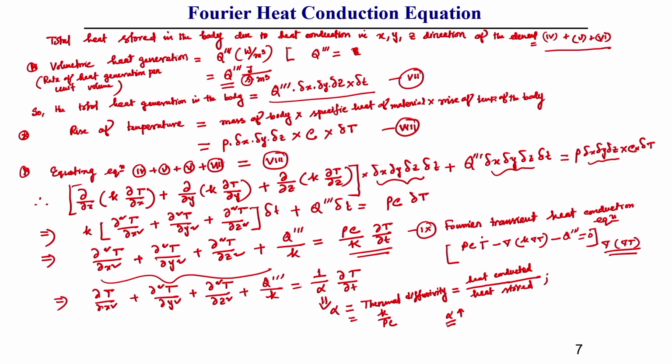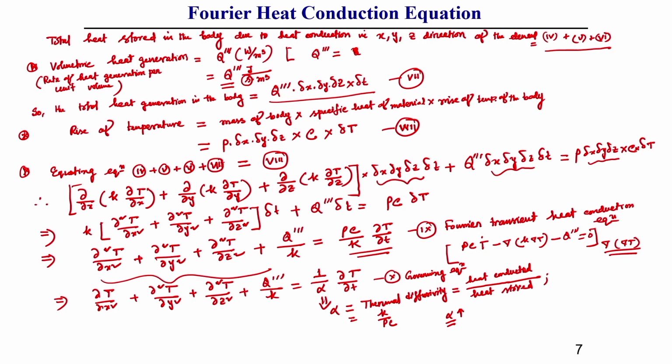Okay. Now, how this is coming, you can see a little bit from here, because this equation, let us say equation 10, also has a name. This is also called the governing equation for transient heat transfer analysis. This was developed by Fourier, which is why it is called the Fourier transient heat conduction equation. Based on this governing equation, generally we find out the temperature distribution of a body.